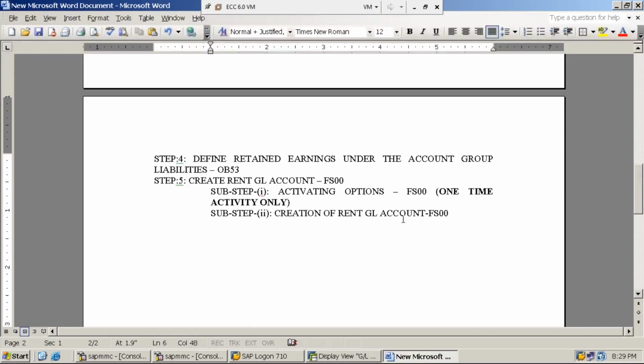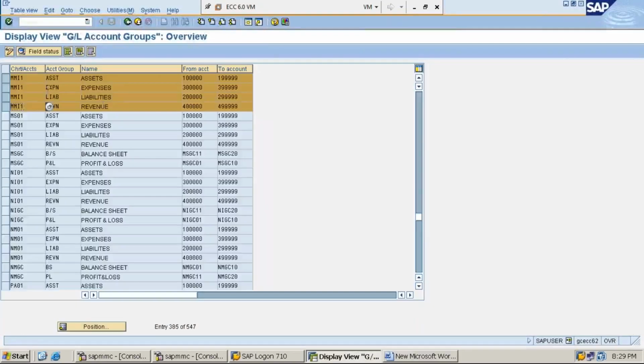Right, expense. For expenses we have created one account group, EXPN expenses, with a number range of 3 lakhs to 3 lakhs 99. That means as we are trying to create a rent expense GL account, we are supposed to use that number range.